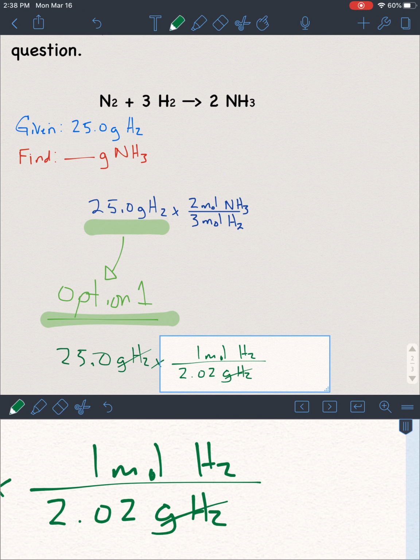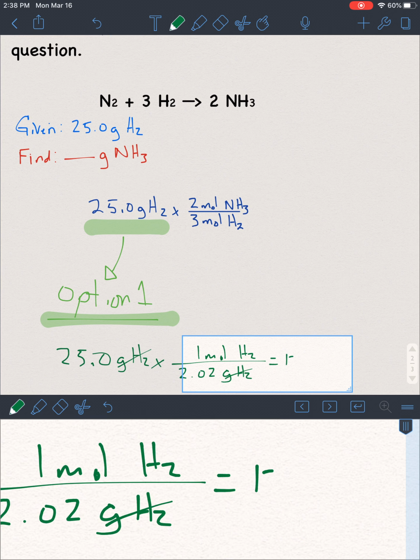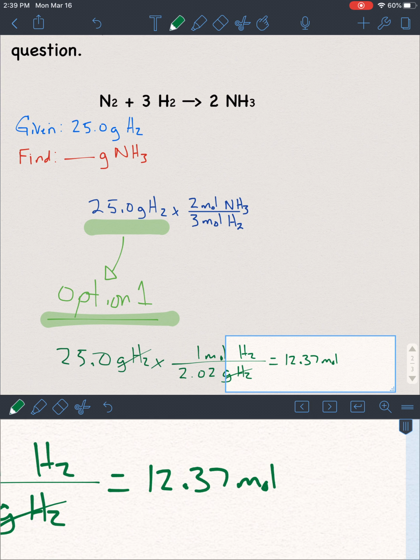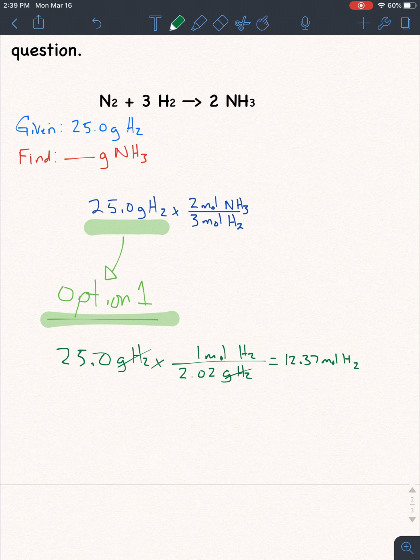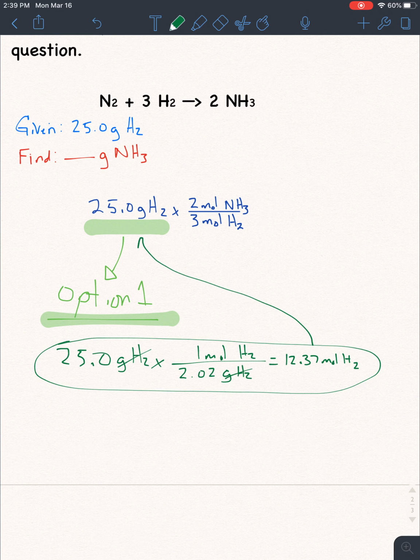But when I do that, plug that in my calculator, 25 divided by 2.02, I'm going to get approximately 12.37 moles of hydrogen. So we can see from this equation down here that 25 grams of hydrogen is equal to approximately 12.37 moles of hydrogen. Now I'm actually going to leave that number in my calculator, but I'm going to take that and replace the 25 grams of hydrogen